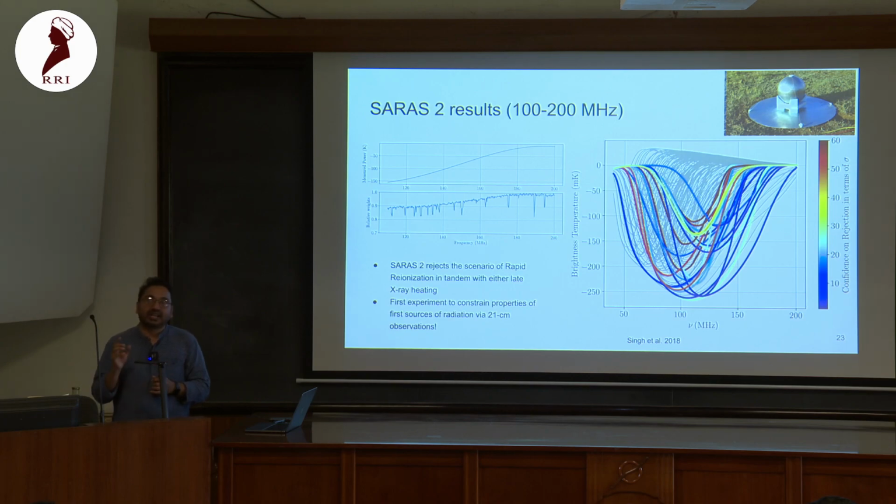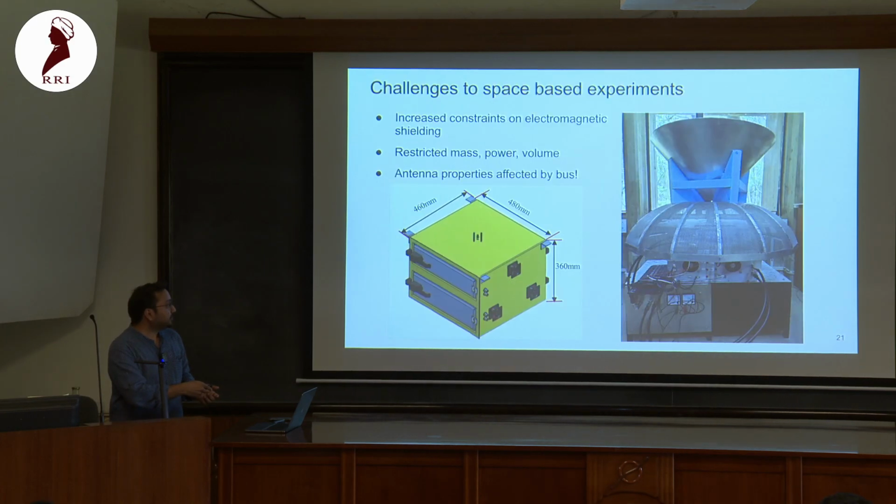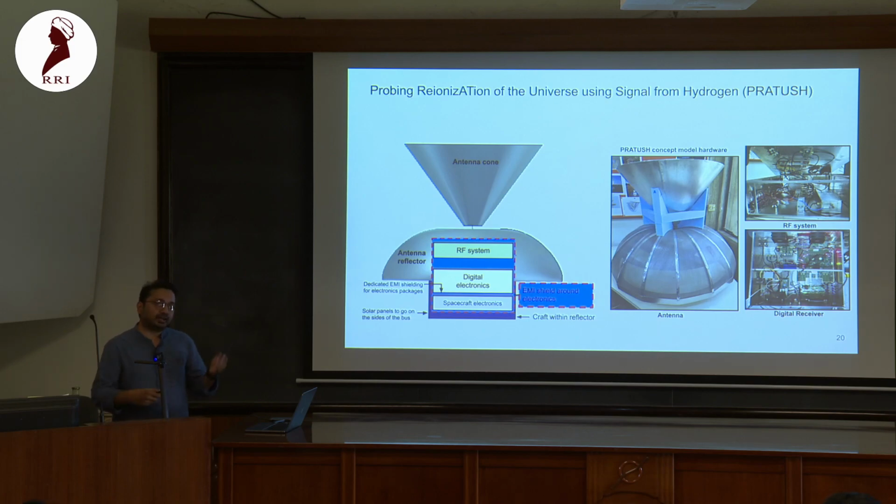It's similar. It's just that here the integration time is smaller. So basically in SARAS we toggle every second between sky and a noise source. While here, because again, one of the other limitations is our resources, the digital resources are fairly minimal compared to SARAS because power requirements are less. Here, every state it observes for 6 seconds. So effectively our integration time is down by a factor of 6 for Pratyush.